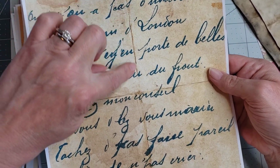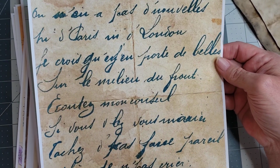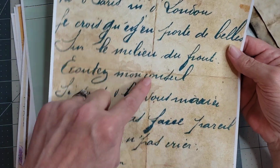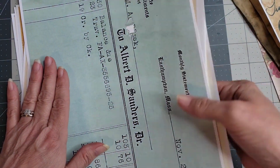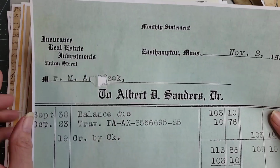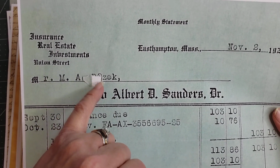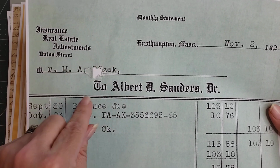So, looking at this document, you can tell that this was a very old document. It's got the staining. And then you have the creases where it looks like it's been folded for Lord knows how long. These are some of my digitals here. And I was just going to show you a couple of things like this one. Looks like there was a hole there. So what you would do is just punch that hole on through, and I'll show you the technique in a minute, but